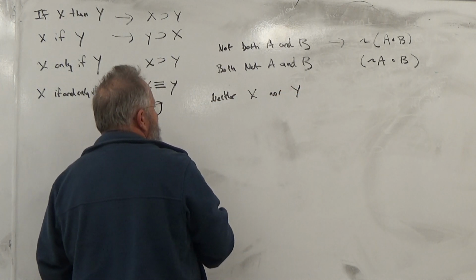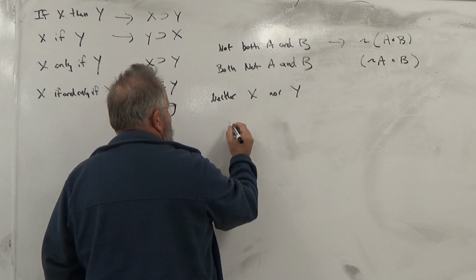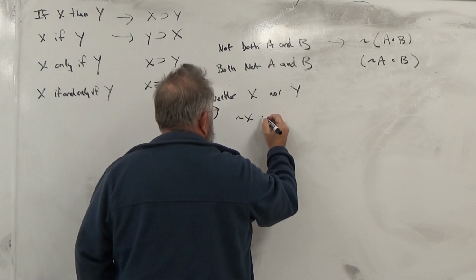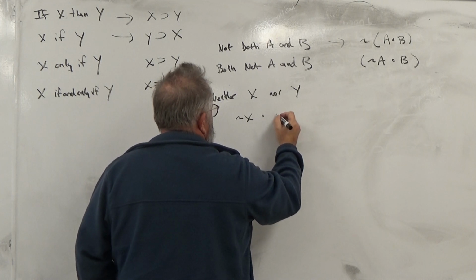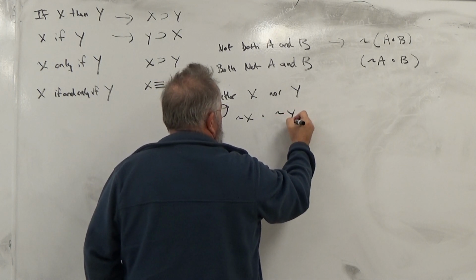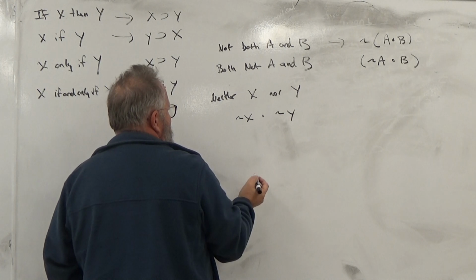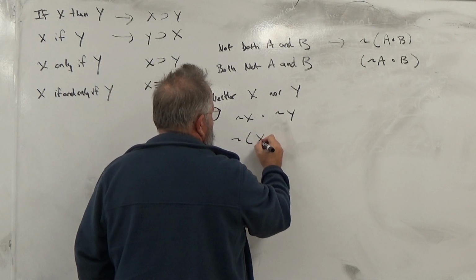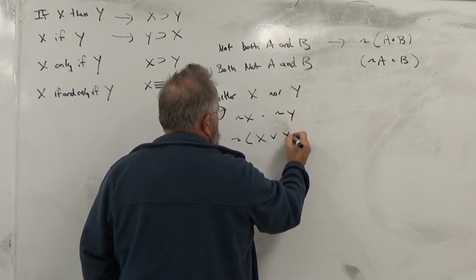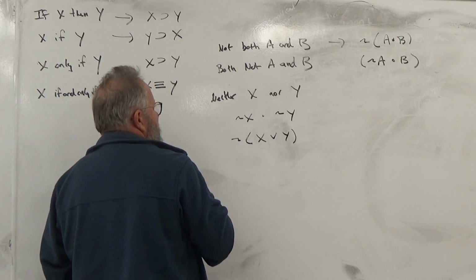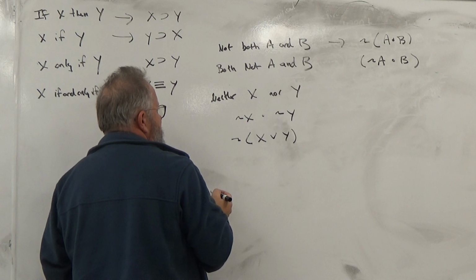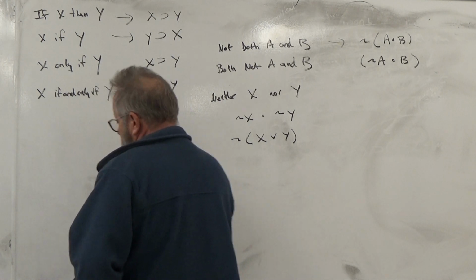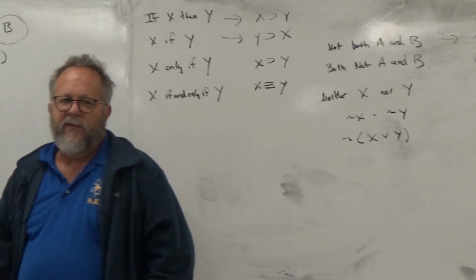Neither X nor Y is what? Not X and not Y. Neither X nor Y, which is the same as not X or Y. Neither X or Y. Okay, I don't think I put any of the neither